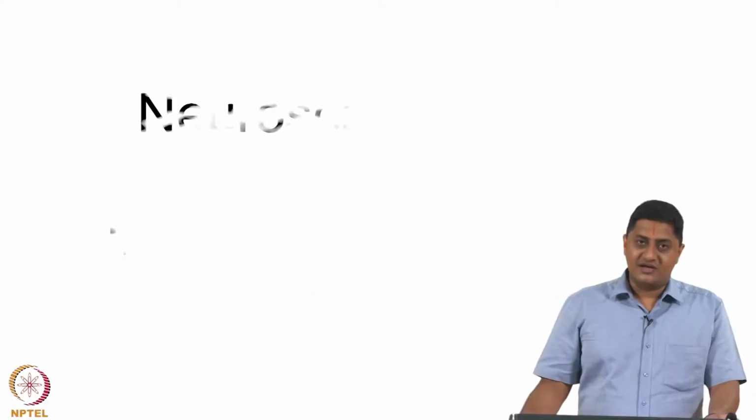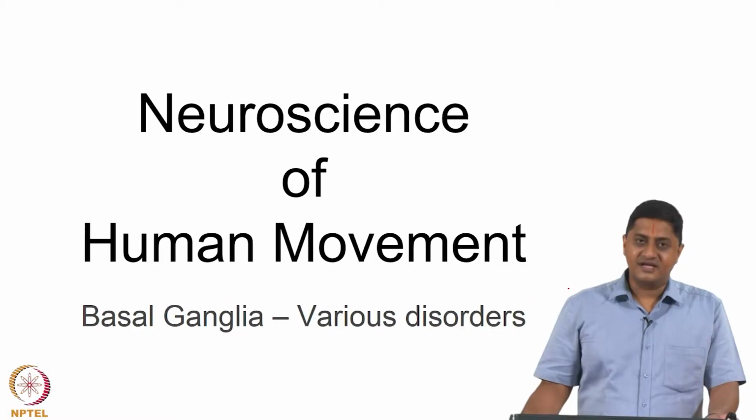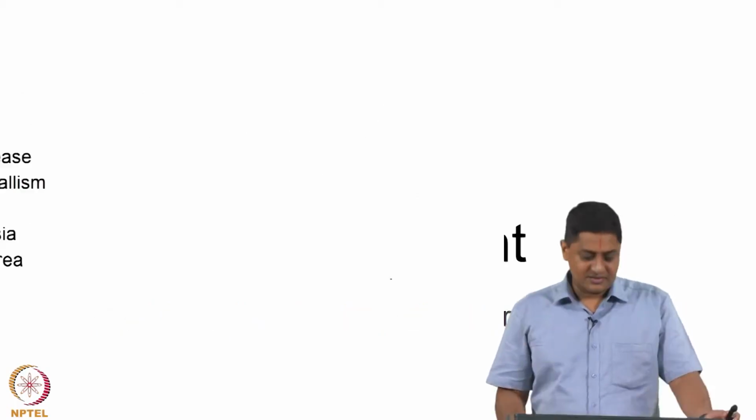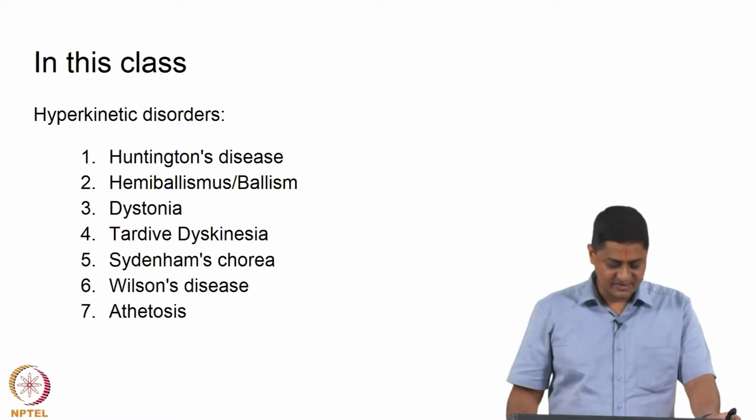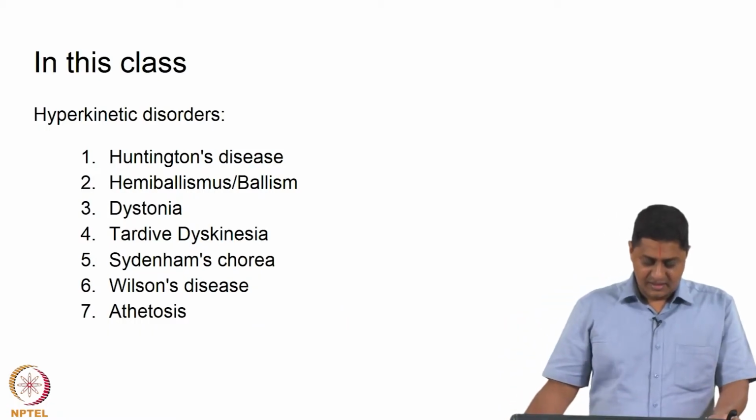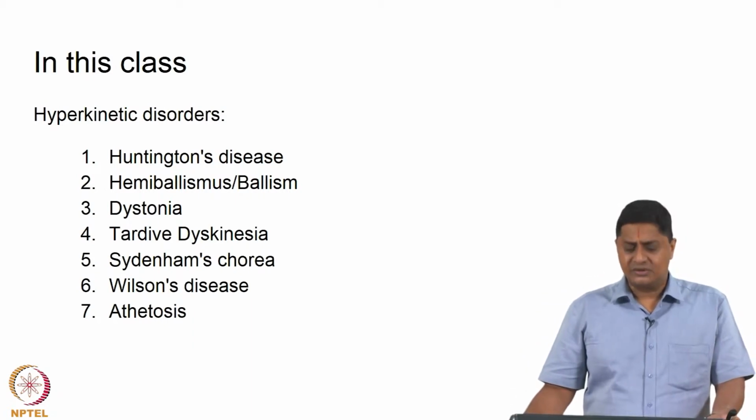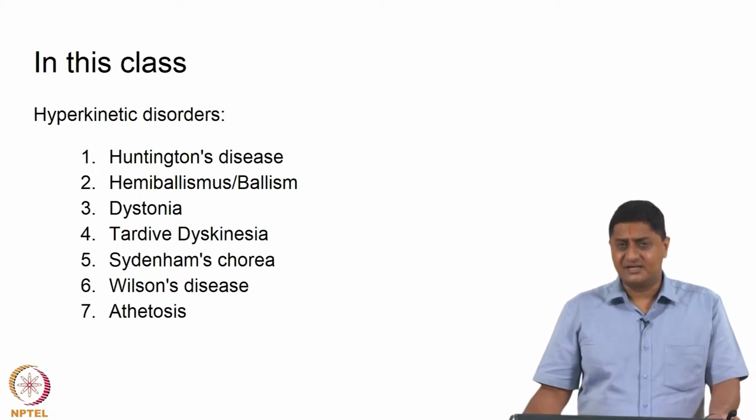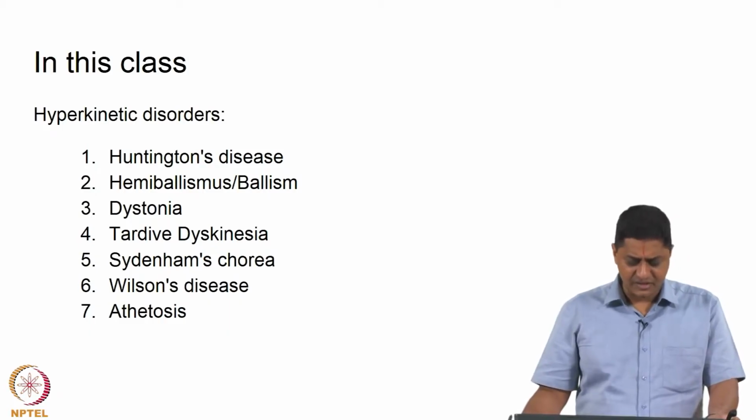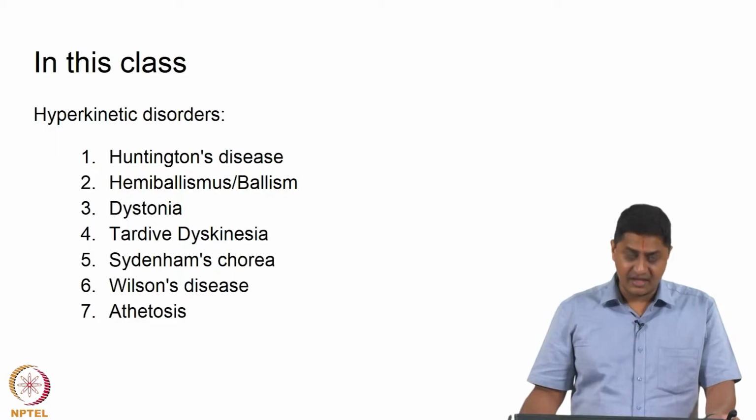Welcome to this class on Neuroscience of Human Movement. In this class, we will discuss other disorders of basal ganglia, that means disorders other than Parkinson's disease. Specifically, we will discuss hyperkinetic disorders, in particular Huntington's disease and Ballism, and other disorders such as dystonia, tardive dyskinesia, Sydenham's chorea, Wilson's